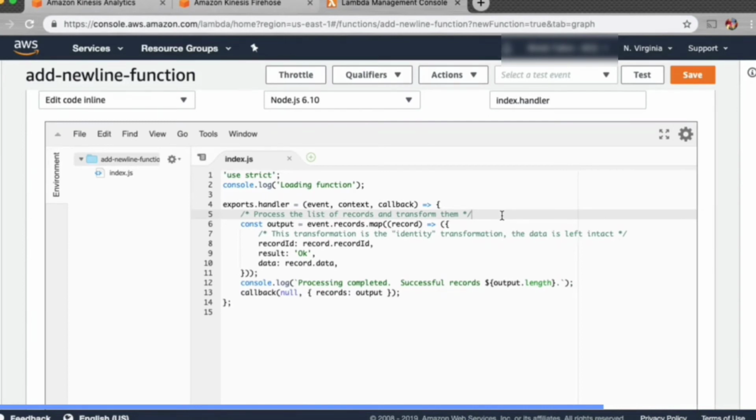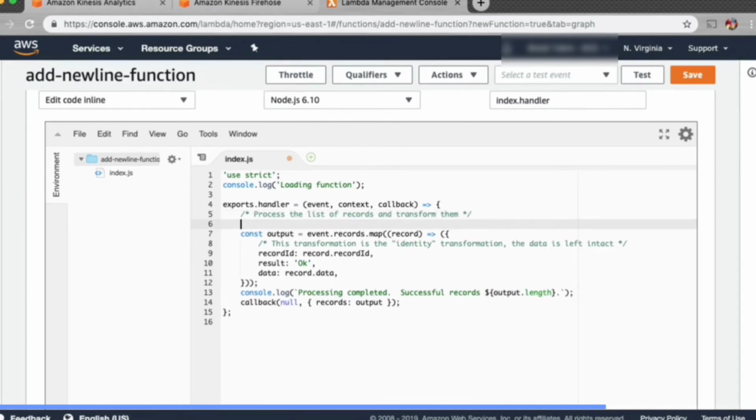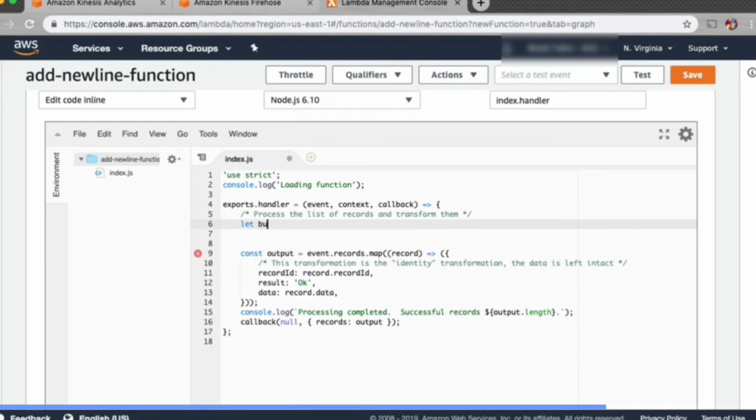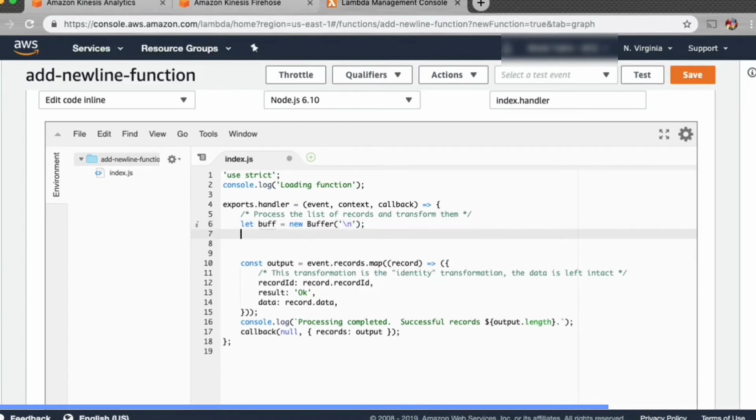So I'll go ahead and create a variable called buff, and we'll create a new buffer with a new line character. Then all we are going to do is create another variable called base64data, which is the new line, and we are going to encode that buff into base64.